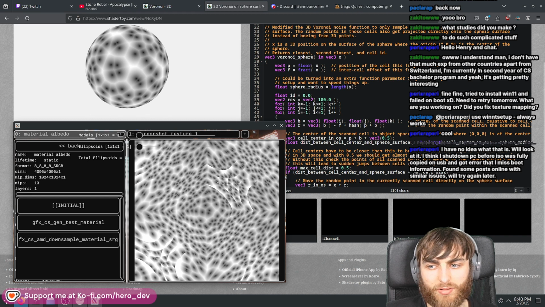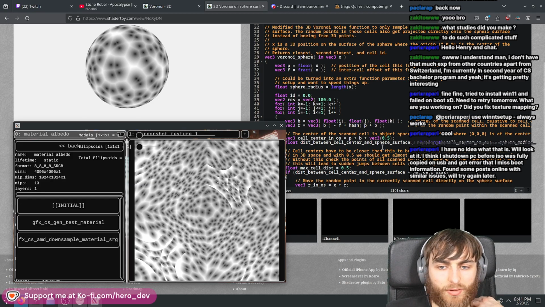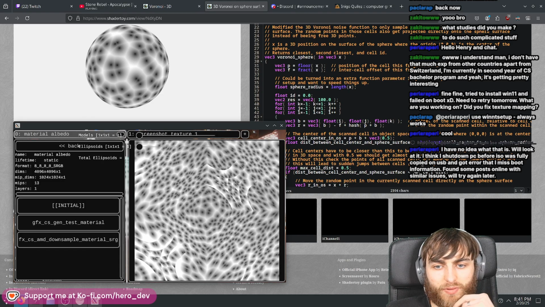Each cell is a 1x1 cube in 3D space. And with 0.5 we get almost all cells that intersect the sphere's surface. Without this check, the points of all scanned cells get mapped to a sphere surface, and this will lead to sudden jumps in cells